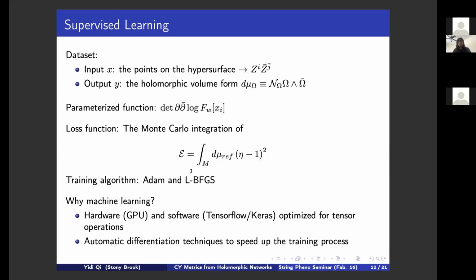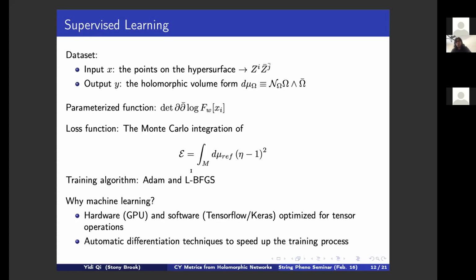First is that it's very interesting, and also it has many practical reasons, because this kind of structure is actually very popular, and we have a lot of hardware and software specially designed for this kind of problem, also for the tensor operations, and also the auto-diff techniques used in TensorFlow and also in some other training algorithms. They're actually very fast, so you can speed up the whole training process,